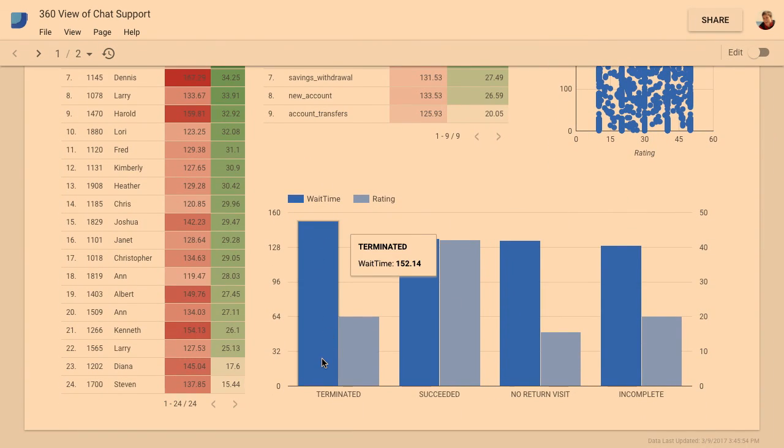I've got this other one here, which is how far along they got in the process. Was it terminated, succeeded, no return visit, incomplete? We're also seeing that wait time seems to play no role here. But the customer service rating made people twice as likely to succeed in the process of checkout, for example. So we should be